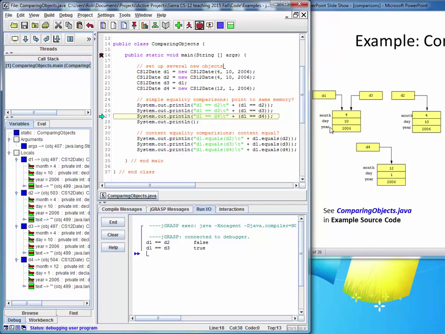And that's a little bit deceptive because we might think it's because of the content of the object, but all it's saying is that D1 and D3 are pointing to the same place in memory. And again, D1 and D4 are completely different places in memory and different data, so it's no surprise that those are false. So continuing on though, if we compare D1 and D2 instead using the equals method, now we're comparing